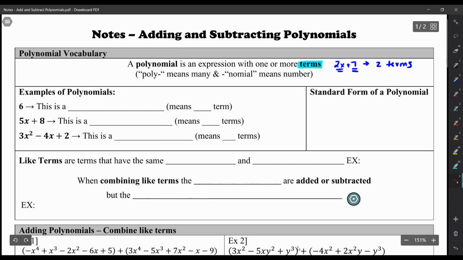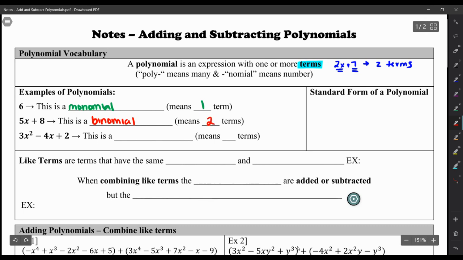Poly simply means many, and nomial simply means number, so lots of numbers. So here are a few examples of polynomials and their mathematical names. If you just have a single term, like a 6 or a 5x or a 2x squared, this is a monomial, meaning one term. If you have something with two terms, like 5x plus 8, for example, this is a binomial,